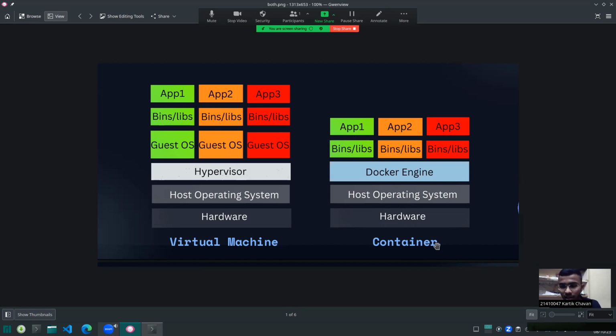And contrary to it there is the container. So what is the containerization architecture we are seeing? There is a hardware layer over which the same host operating system is there, and instead of a hypervisor there is a Docker engine. Docker engine manages the containers. Here we can host multiple containers on the Docker engine, and there are similarly binary files and libraries, and on that we can run multiple applications through Docker images. So this was the overall architecture of the virtual machine and containerization. Now we will see the demonstration of it.